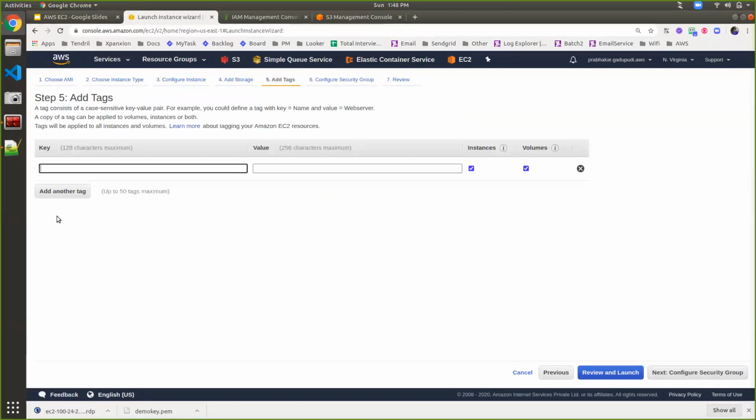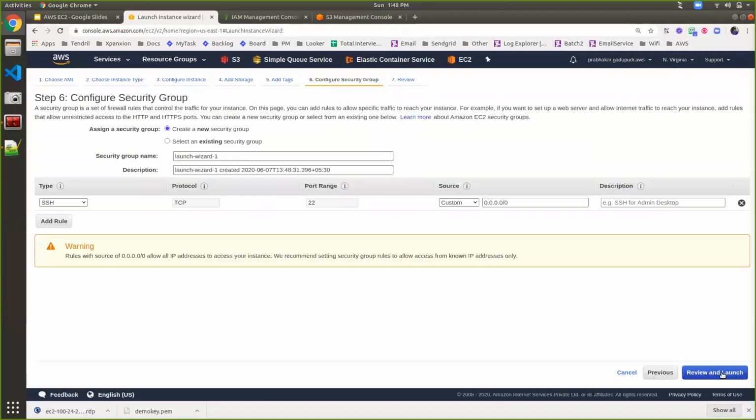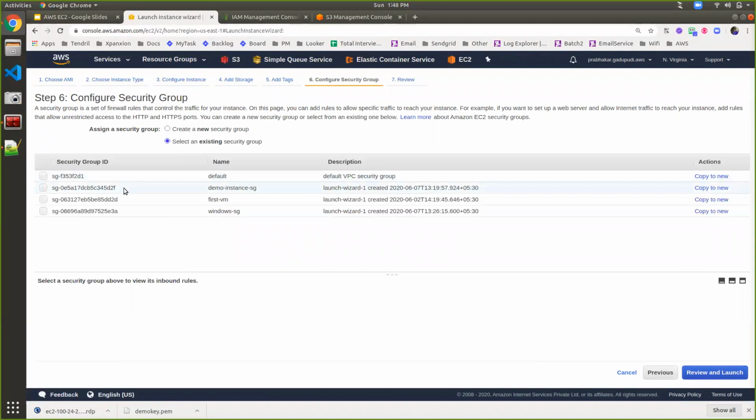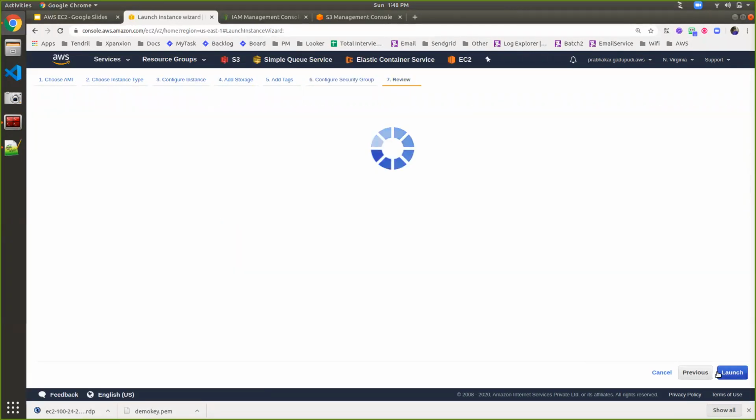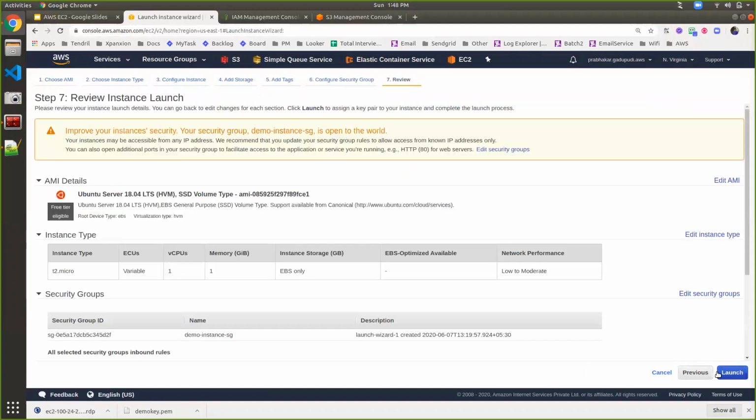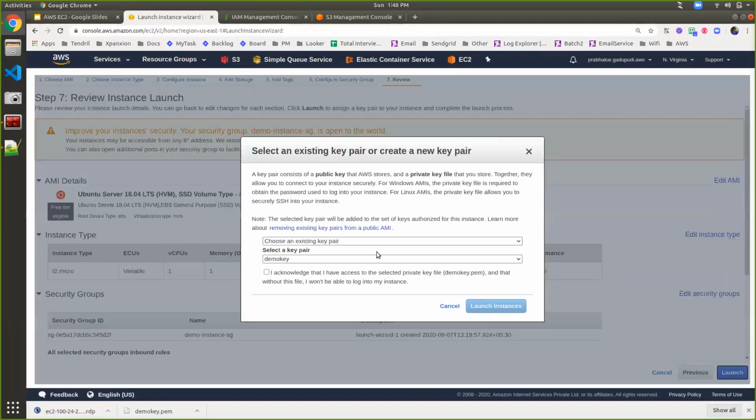For tags, I'm saying demo and custom image. For the security group, I'm using the existing security group which I created for opening ports 80 and 22. Then launch the instance. I'm using the demo key here.